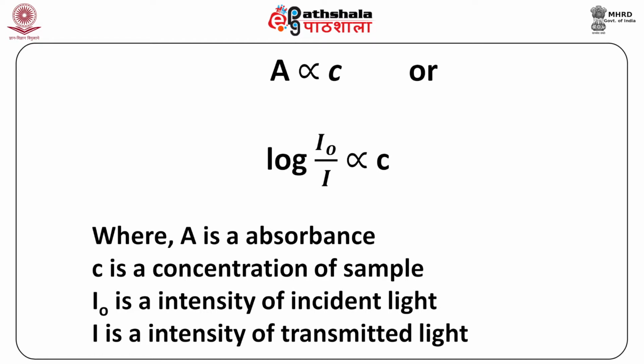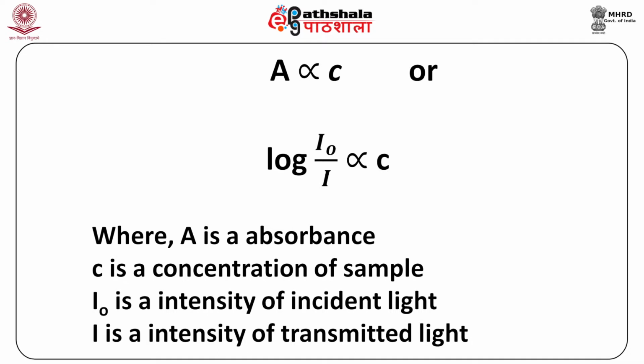According to this law, when a beam of electromagnetic radiation passes through the absorbing material dispersed in a non-absorbing solvent, which is very important, then the absorption of radiation is directly proportional to the concentration of the absorbing material. That is, if we represent absorbance by A and concentration by C, then absorbance A is directly proportional to the